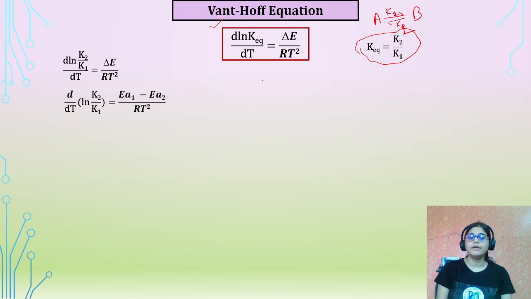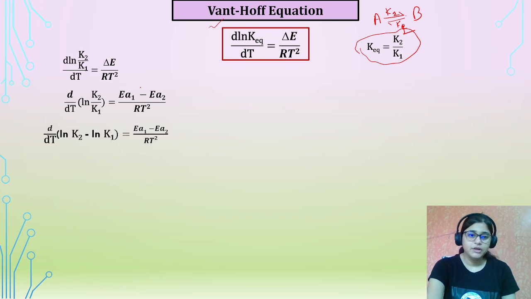EA1 and EA2 are the activation energies for the two states. Okay, fine. And RT square is there obviously. So now